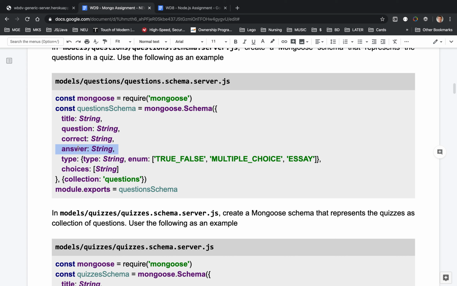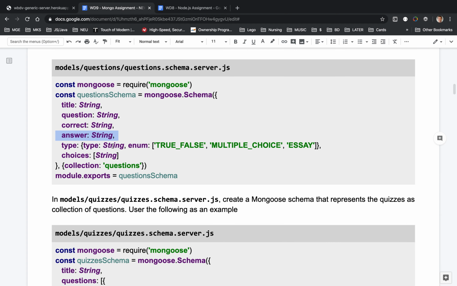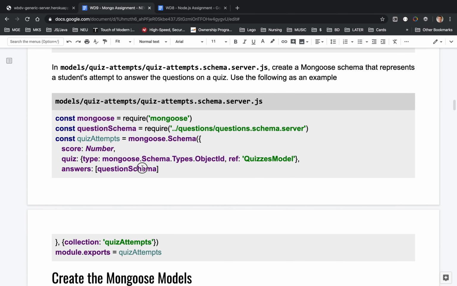Now this information is going to be coming from the client. The client, remember, we have sent these questions over to the client, which the client is using to render the question. All these questions. Well, it's going to send us back that same object that we sent it, but the object that it is going to be sending us is also going to include the answer that was selected by the student. So in that entire object, we're going to store it as an array of all those questions